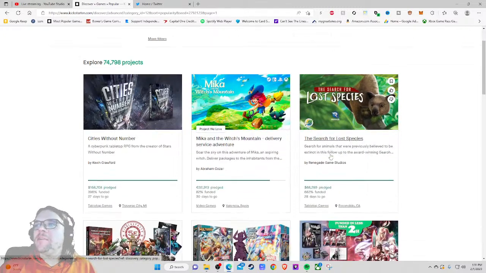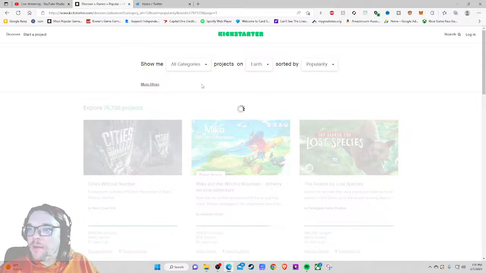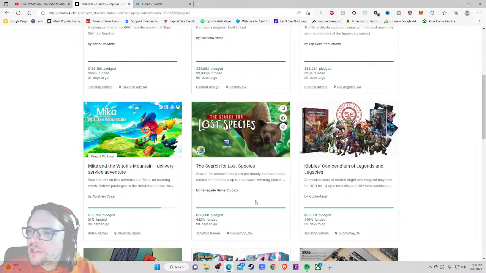And today I'm very excited to be checking out the third most popular project on all of Kickstarter games, and probably on all of Kickstarter. No, actually the fifth. That is The Search for Lost Species. Search for animals that were previously believed to be extinct in this follow-up to the award-winning Search...